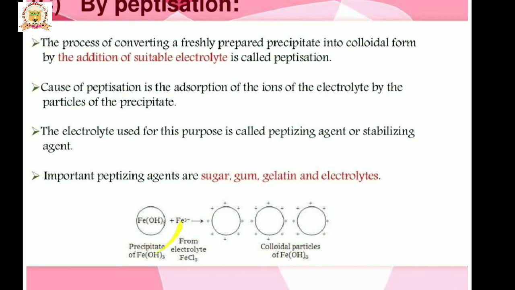Example: iron hydroxide, where the common ion is the Fe3+ ion. The Fe3+ ions will stick on the surface of the colloidal particles. Those Fe3+ ions will stick on the surfaces and it forms the